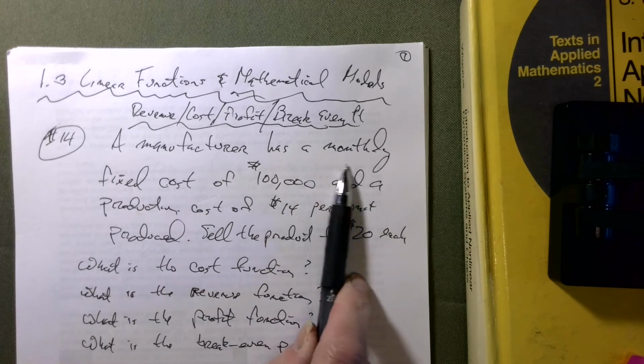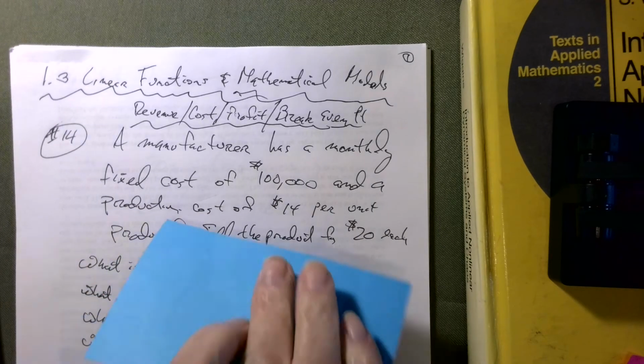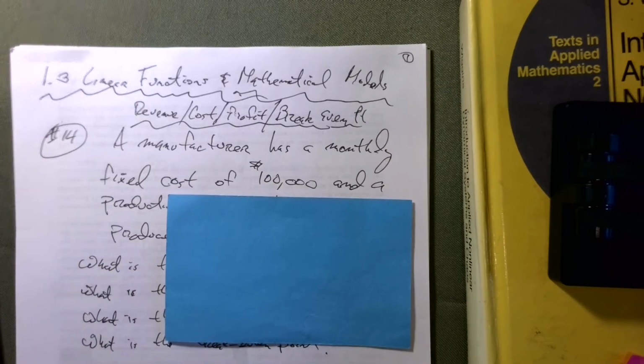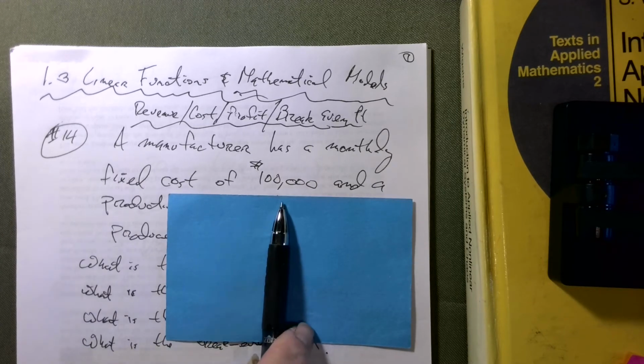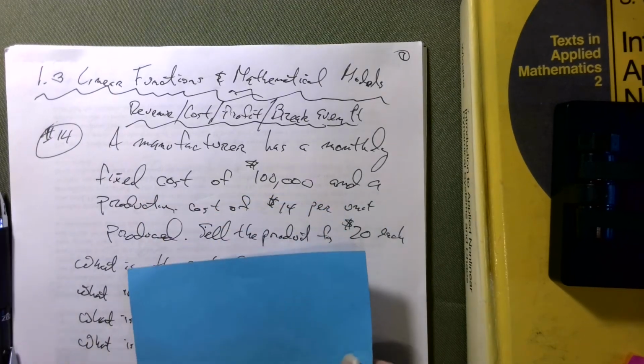A manufacturer has a monthly fixed cost of $100,000. Now, what does that mean? It means just to open the doors, you have to come up with $100,000 per month. You have a lease, a rent, whatever. You have insurance. You have electric bills, etc. All kinds of insurance that you have to have. So right off the bat, you need $100,000 a month, and whatever you produce